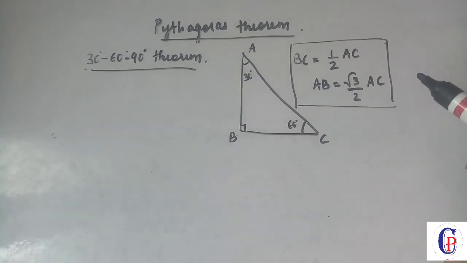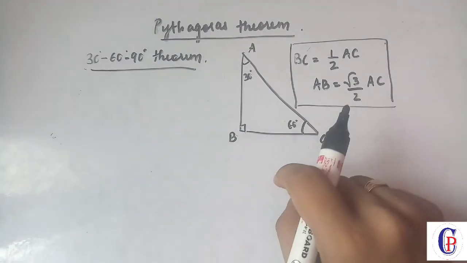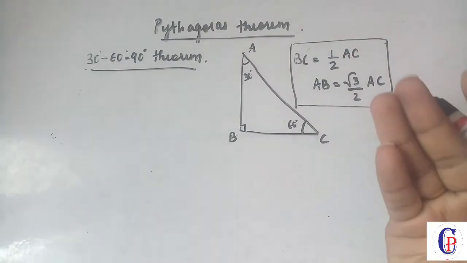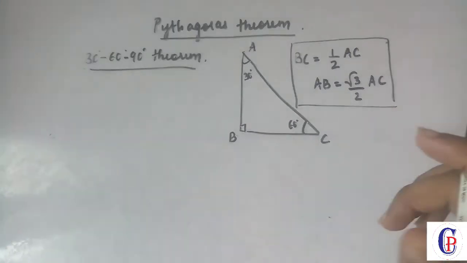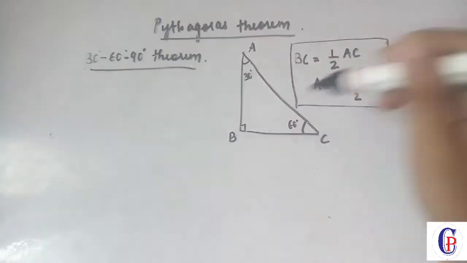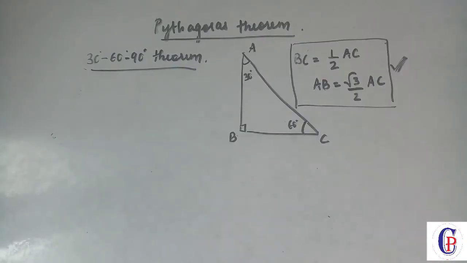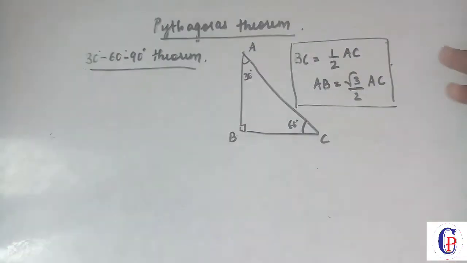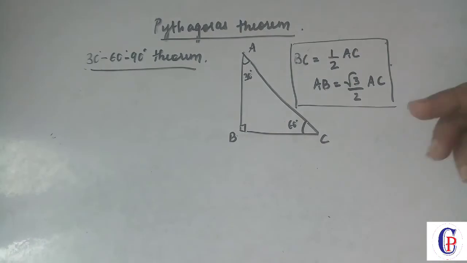Now the same applies for its converse. I will not be writing the converse part here, but of course you must be able to understand what exactly the converse is. If you get this, then this is your answer. Now, this is your answer means: what was given to us till now was that we have a 30, 60, 90 degree triangle. So if you get this, then you will say that the triangle that we have is a 30, 60, 90 degree triangle.